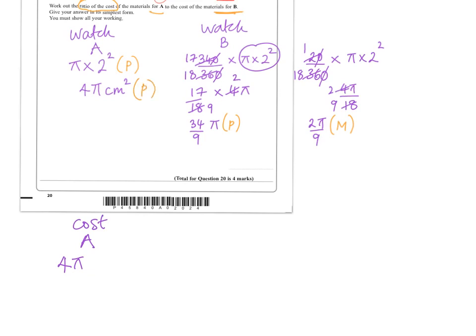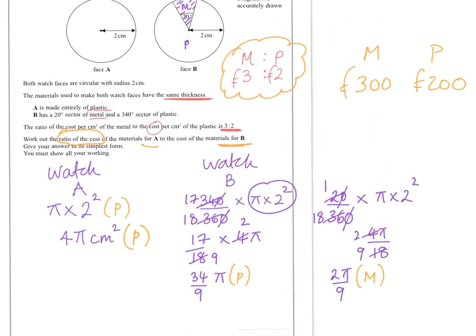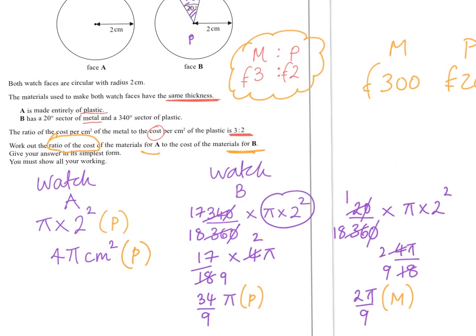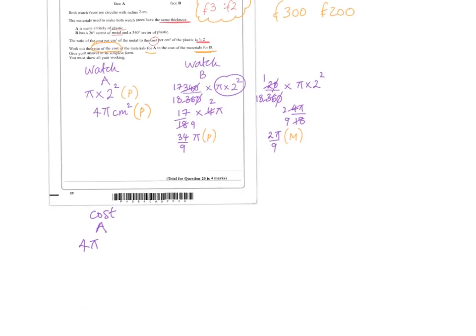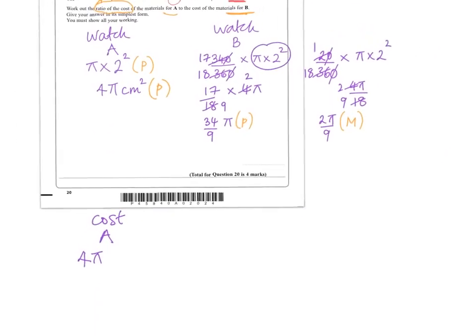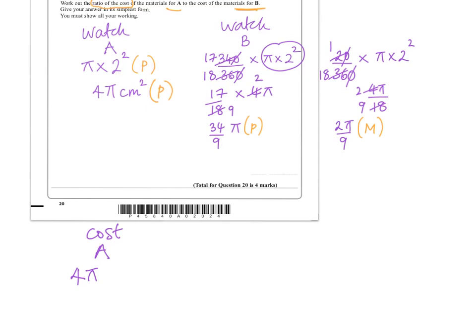So for plastic, now we're saying plastic, don't forget, looking at the ratio, what we had before, the plastic is going to be £2 and the metal is going to be 3. Okay, so wherever we see plastic, we're going to put 2. So we're going to put £2 there. And then if we look at the cost of watch face B, we're going to have our 34/9